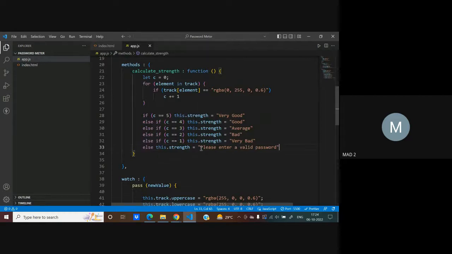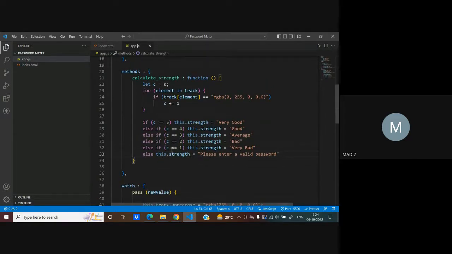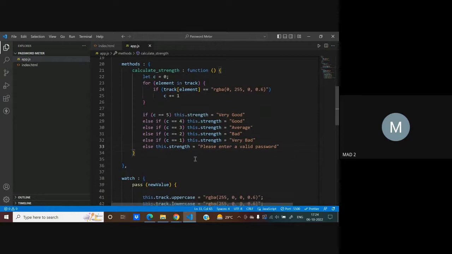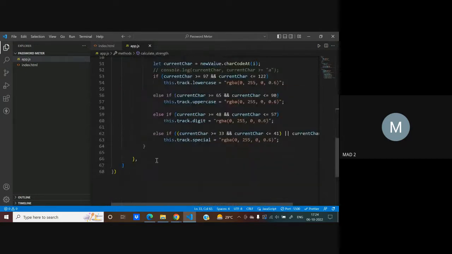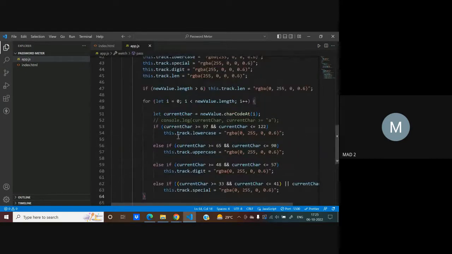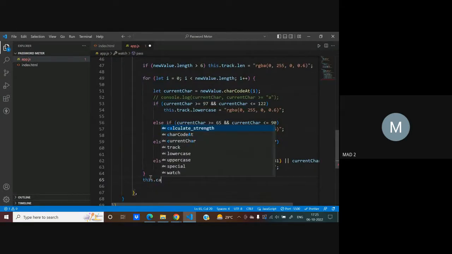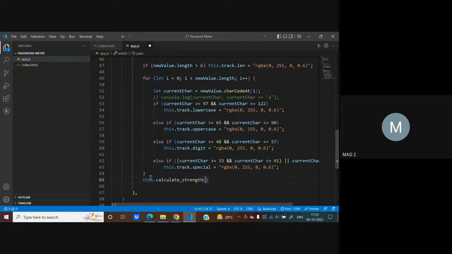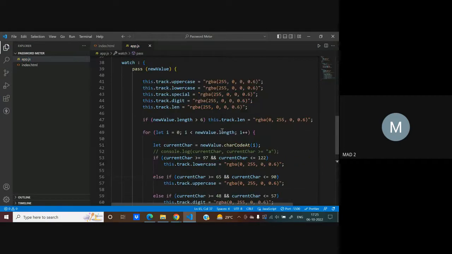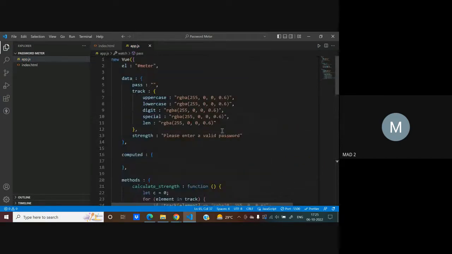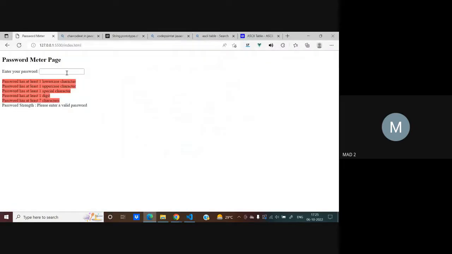Okay. So we have created this method. Now what we'll be doing is invoking this method at the end of this watcher implementation. So this is the ending of the for loop. So what I will do is I'll say this dot calculate strength. I believe it should work. So right now it is saying that the password strength is nothing. If I enter G, then it is not changing. Enter a valid